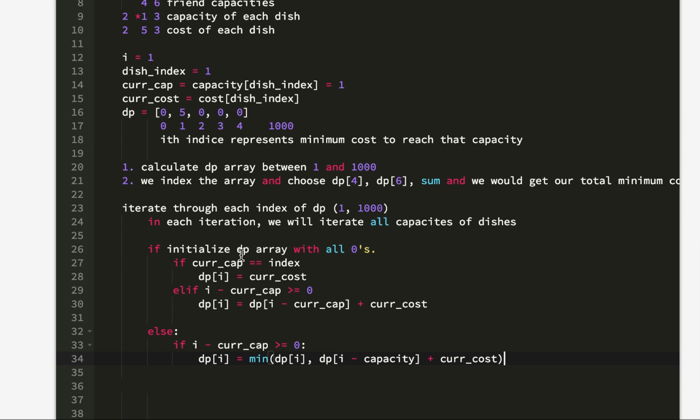All right, so we're on dish index 1, we go here and we check I minus current cap. Right now I equals 1 and the current cap is 3. So 1 minus 3 is negative 2, and it's not greater than or equal to 0, and this is what this condition is supposed to check, if it goes out of bounds or not. So now we move on to I equals 2,